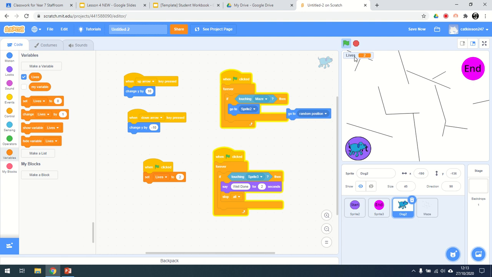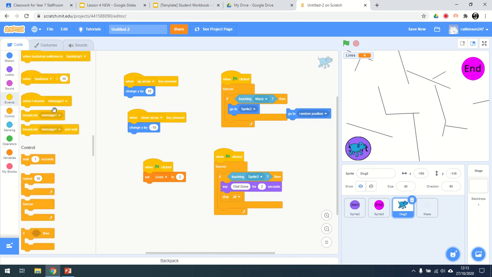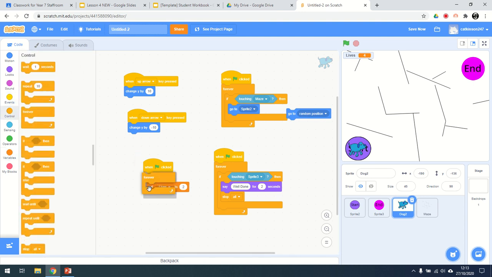Now if I just double click on that, I can change what it looks like. I just want it to look like this at the moment. And then I can do all sorts of things with it. For example, I can add some selection. So forever,